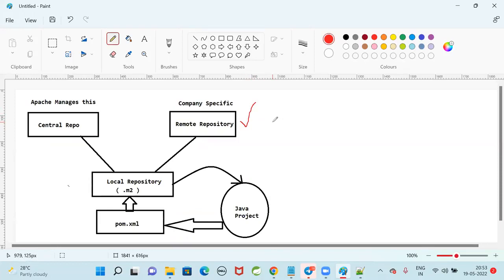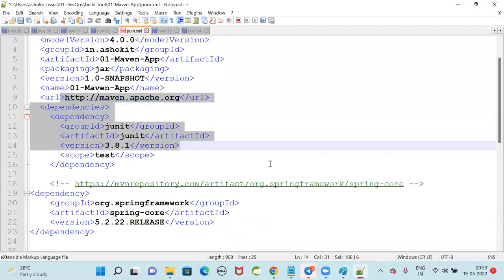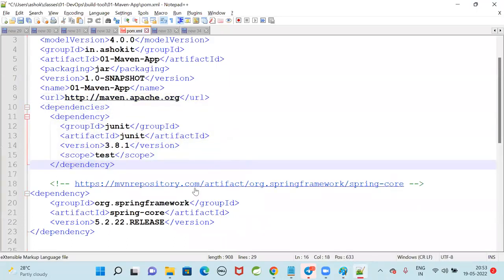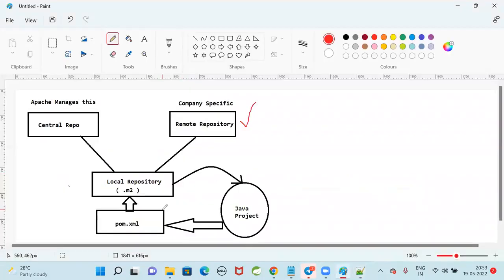Companies are going to maintain their own remote repository. Now, when you are using Maven, in the pom.xml you need to configure your company repository URL. Here, the Maven Apache URL is configured under repositories, right? That is going to connect with the central. Now I need to tell my pom.xml, hey pom.xml, don't connect to the central by default. You connect to the remote when the dependency is not available in the